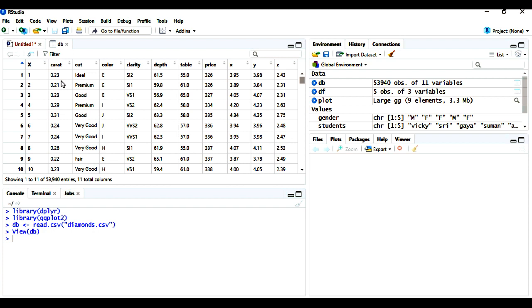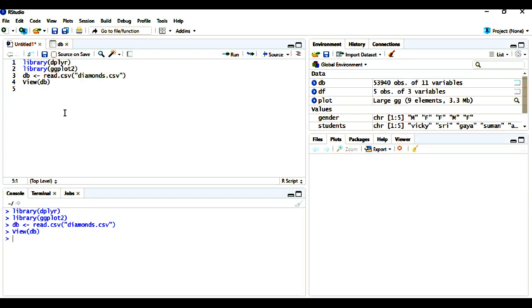In that I have carat, cut, color, clarity, depth, table, and price. Using price, I'm going to plot a graph. So let's start plotting a graph. First I'm going to plot a histogram.